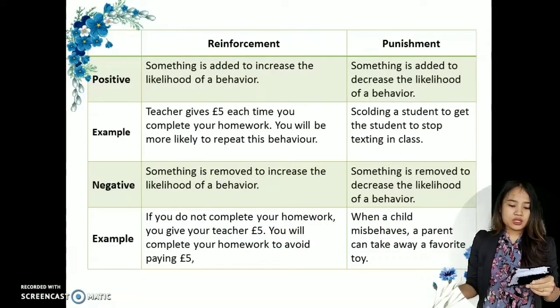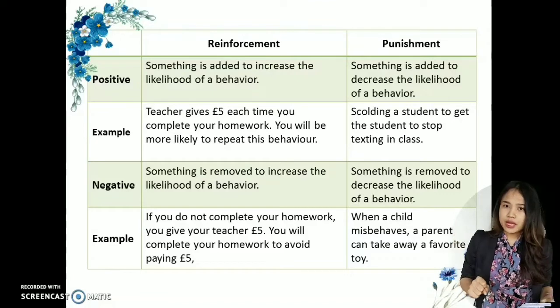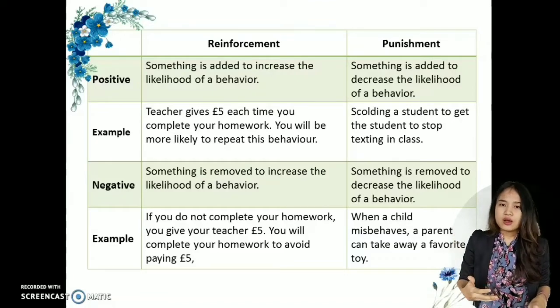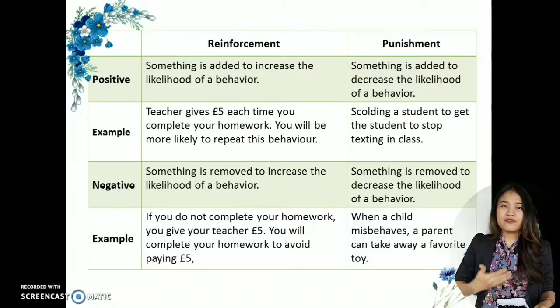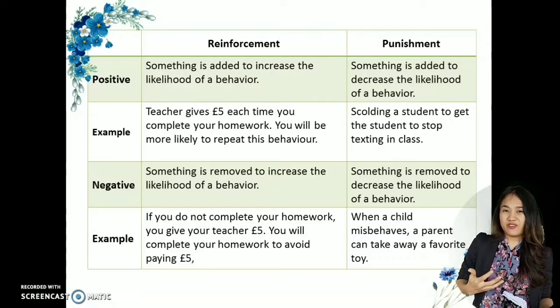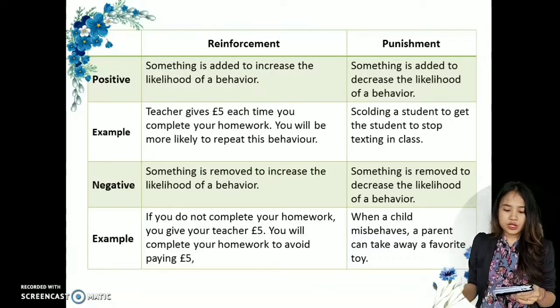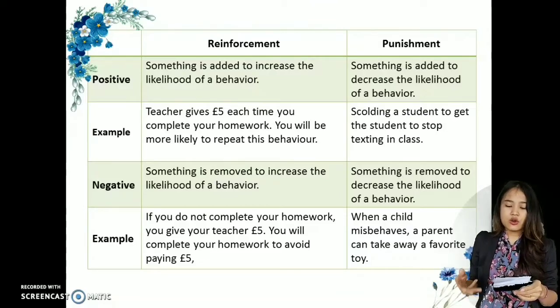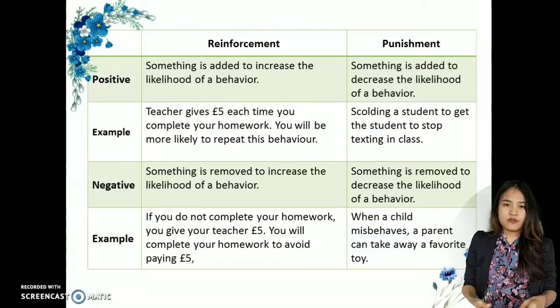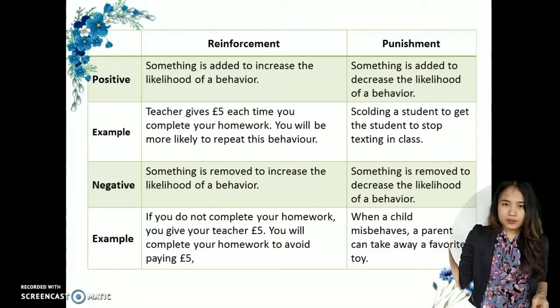Skinner found operant conditioning using reinforcement and punishment to change behavior, because he believed reinforcement and punishment can influence human behavior because humans have emotion. From Skinner, it was found that stimulus called reinforcement and punishment can build or create new behavior. We can take a look at this slide.